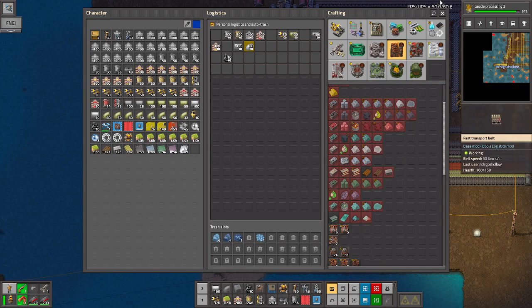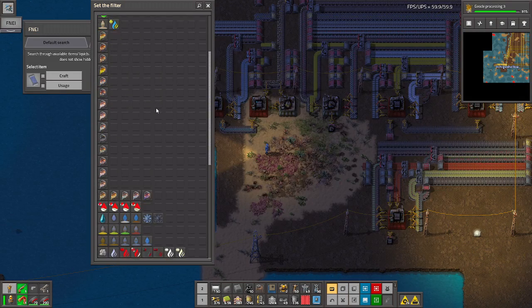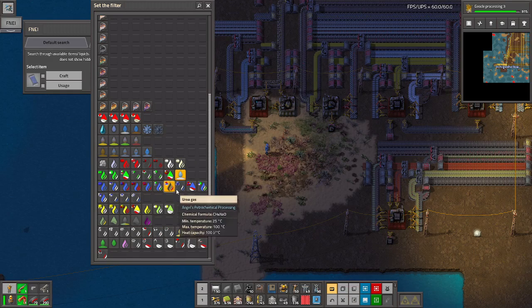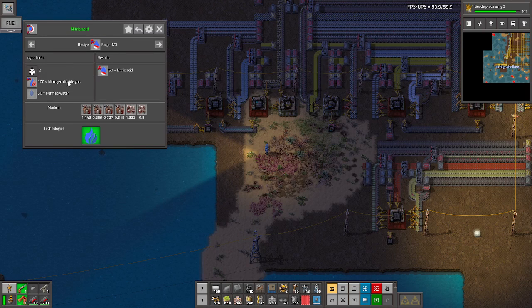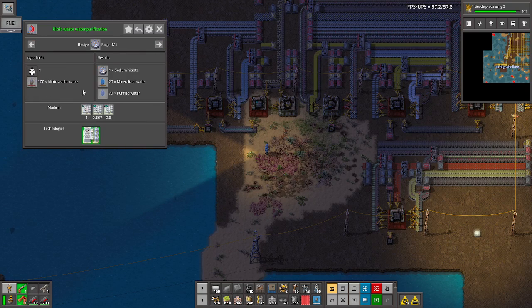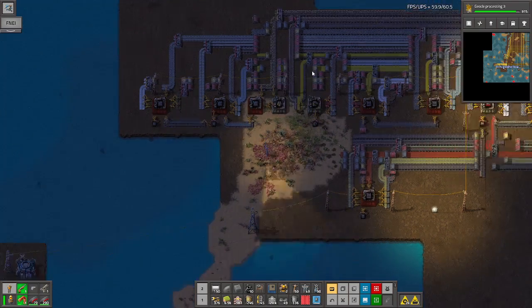Well, to make nitric acid, which I'll show you right here real quick, you got to have nitrogen dioxide gas or making sodium nitrate. And the only way to make sodium nitrate is by nitric wastewater. And to get nitric wastewater, I'm going to do this whole process to get that, but I need an area to do it at. And as you can see right here,